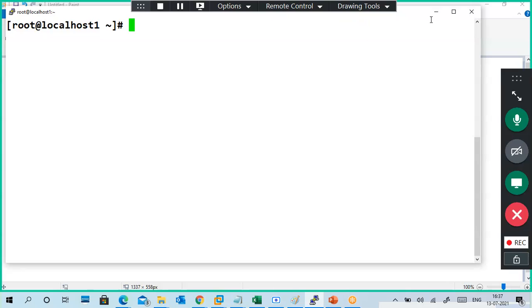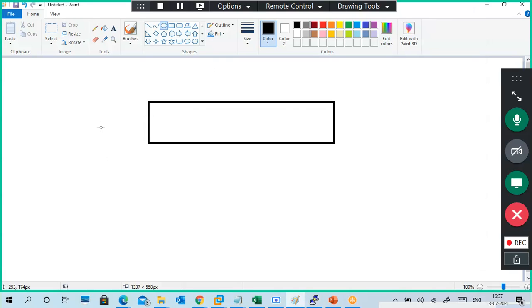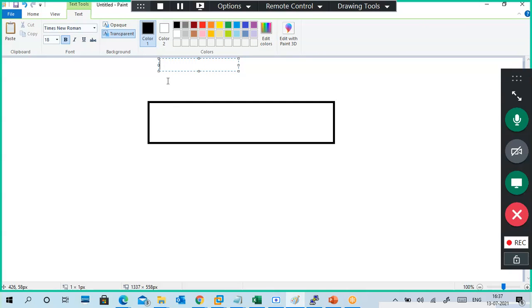Okay, so my machine is ready. First of all we have to explain, but I'm explaining here what it is in my practical way.